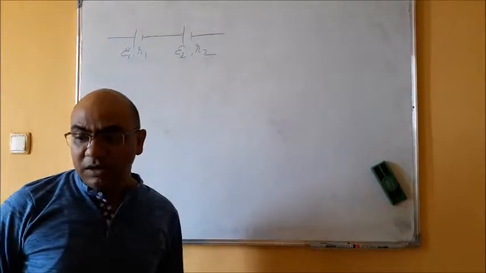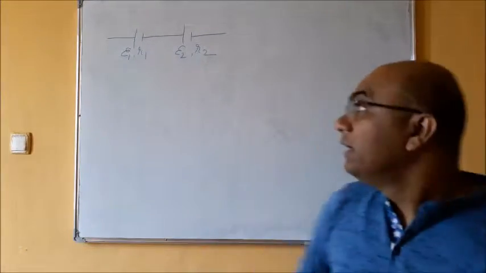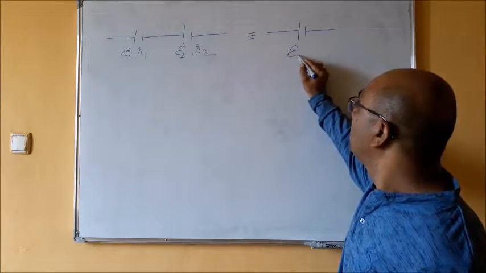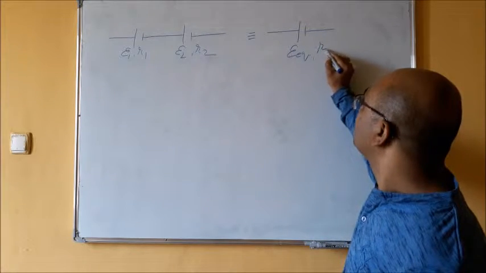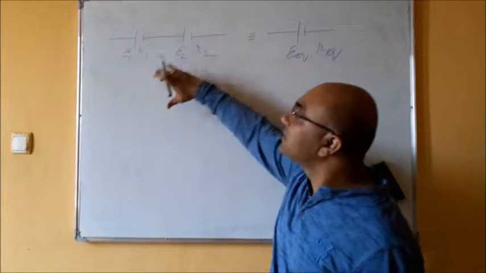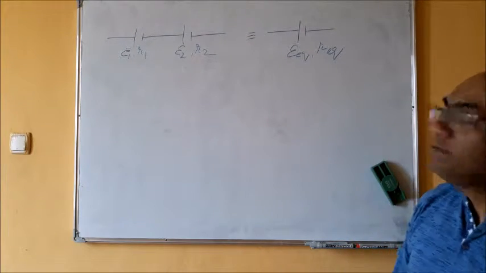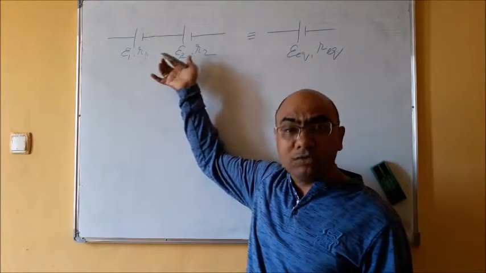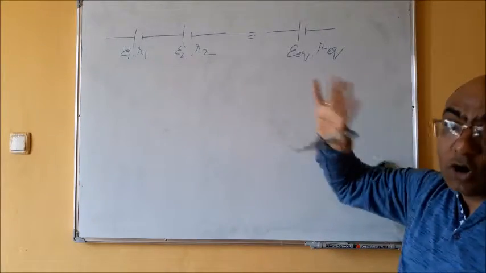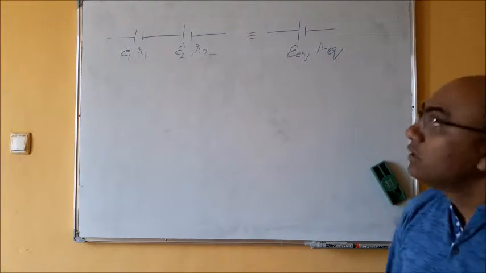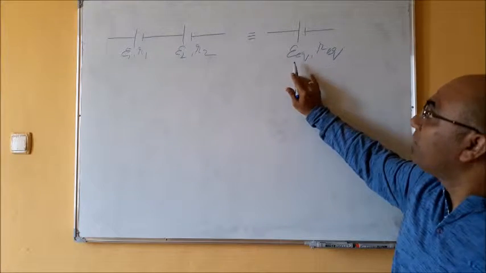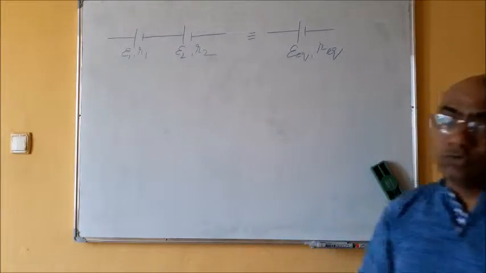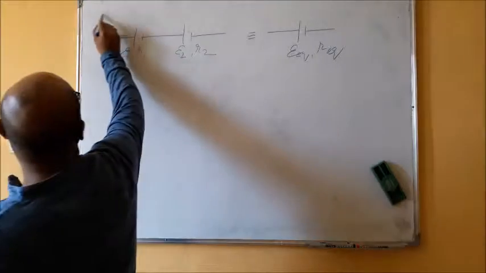So what will be the equivalent value of voltage, EMF and internal resistance if I represent this circuit with this circuit? So what will be the value? In place of two batteries or two cells, I am replacing them by a single battery or single cell. So what will be the value of E equivalent and R equivalent in terms of E1, R1, E2, R2? That is called the series